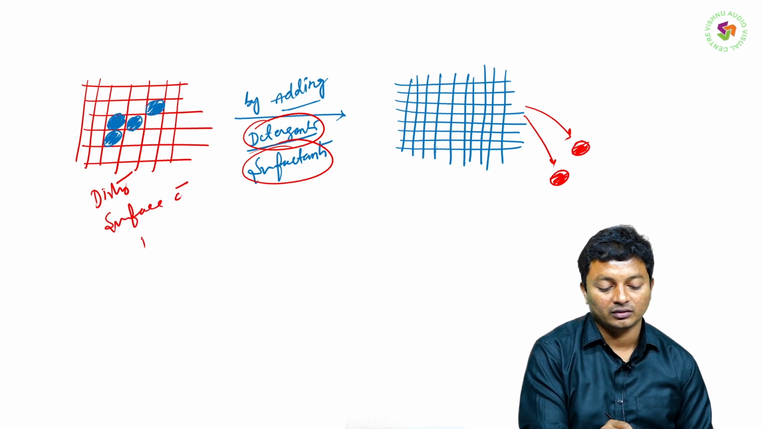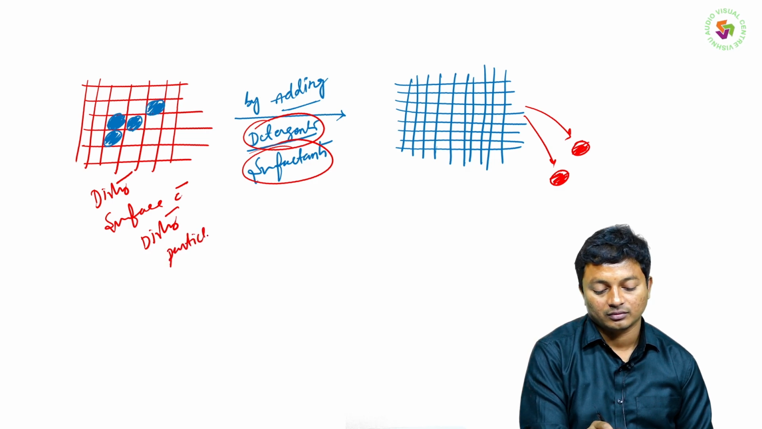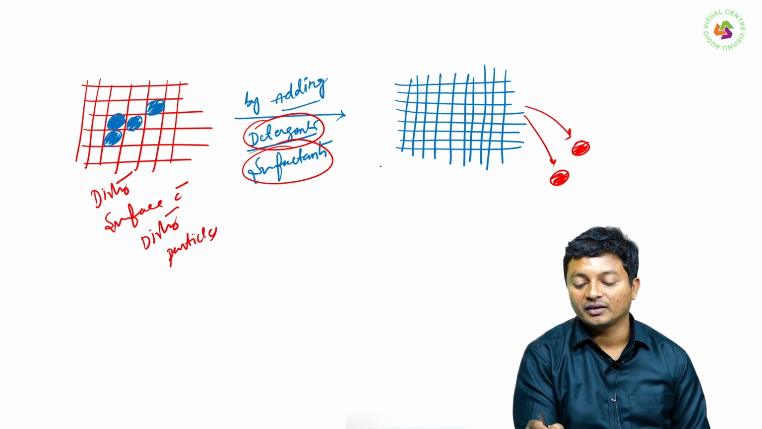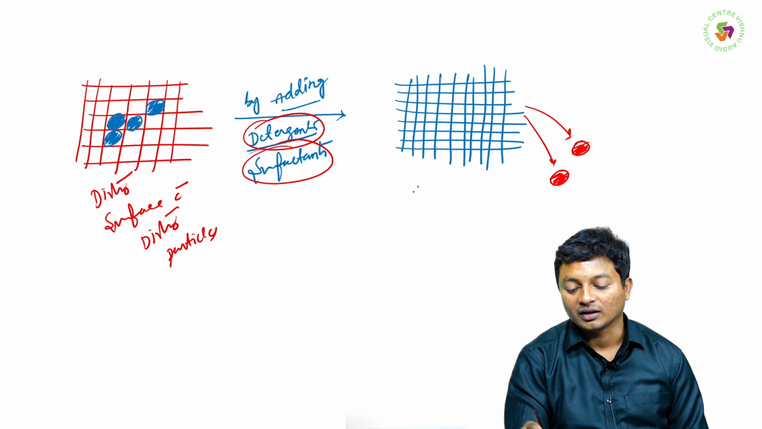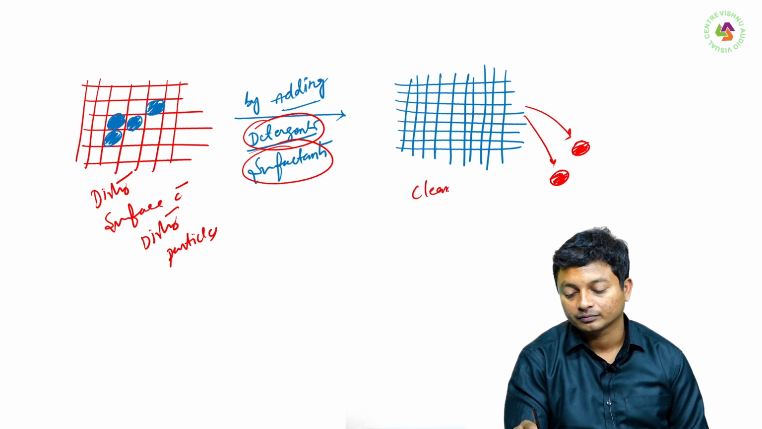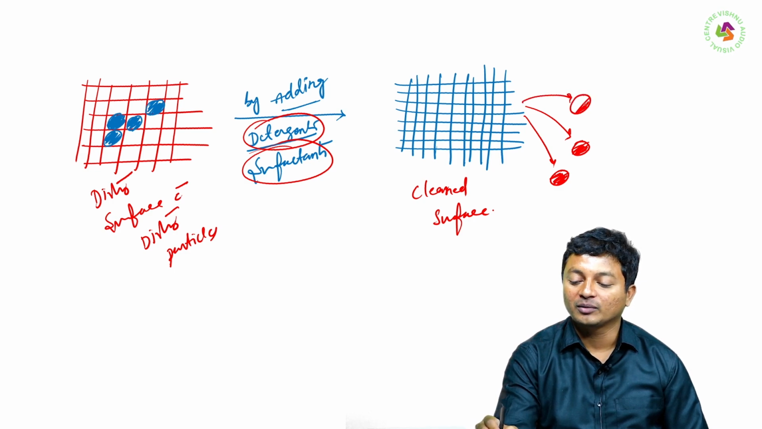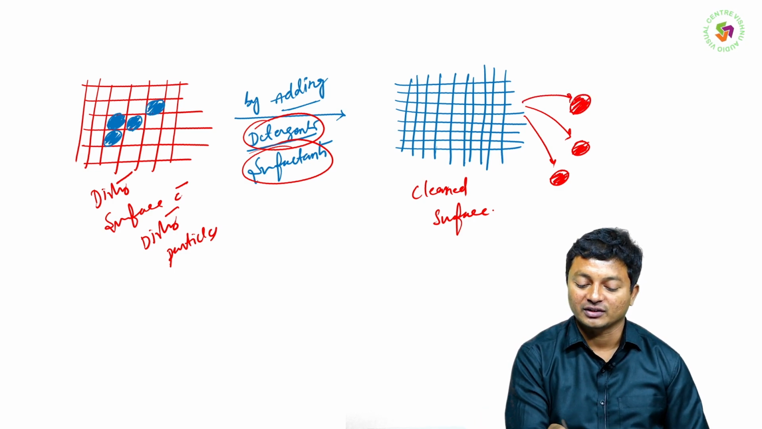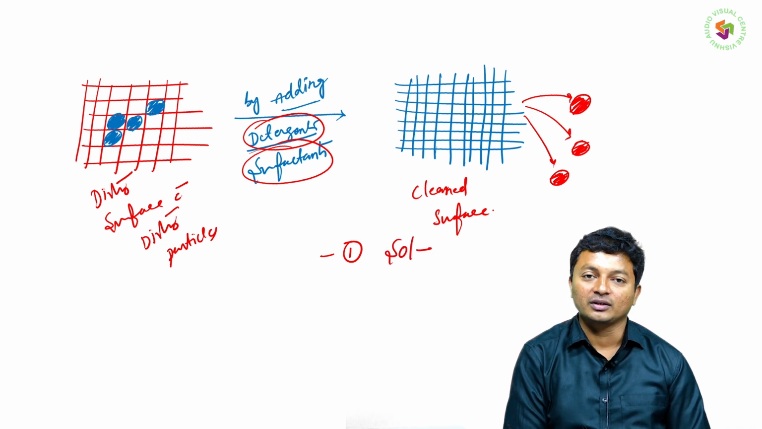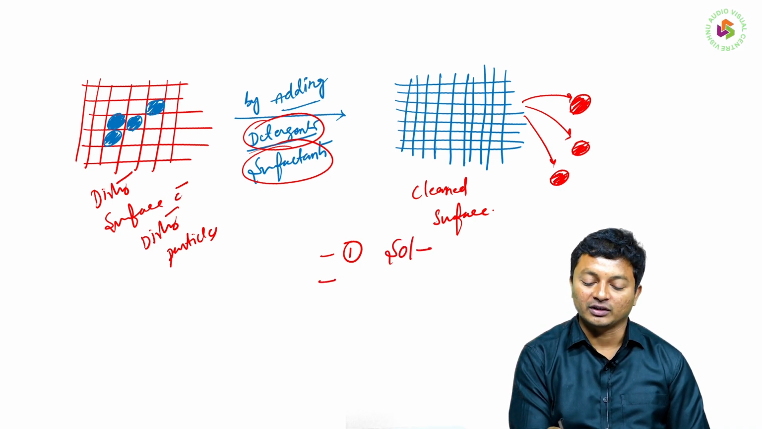with dirty particles. After adding the detergent, now we'll see a cleaned surface. During this removal of the dirty particles, as we just discussed, we have first one, solubilization, the surface of